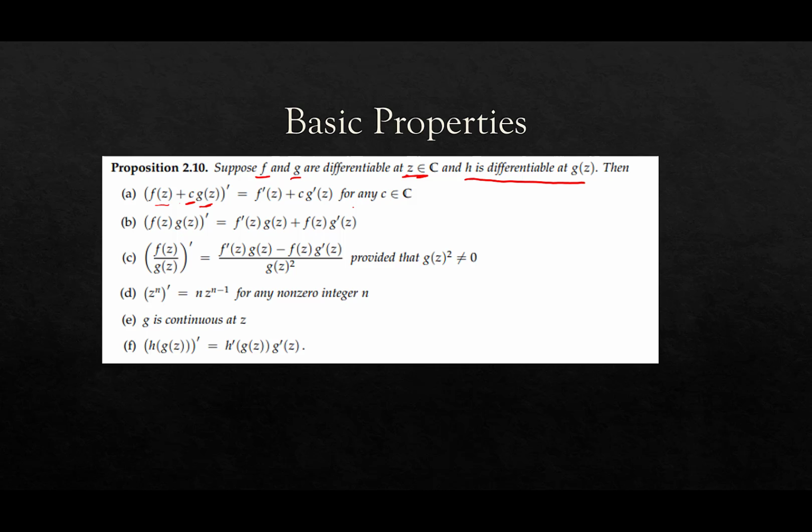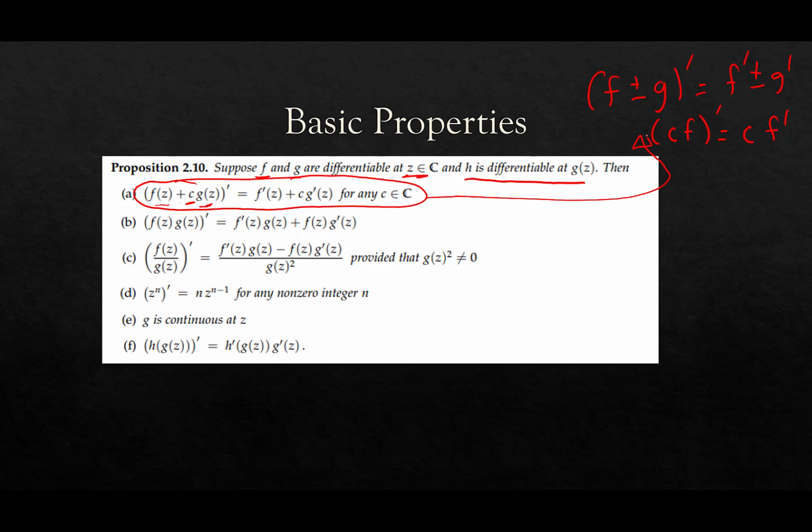Okay, now this is kind of a twofer. If you guys remember back in calculus, derivatives distribute over sums and differences, and you could always pull constants out, right? So that's what this statement here is saying. It's actually sort of a 2-in-1. Not only can you pull constants out, because that's what was happening in the second term here, you can also distribute derivatives over a sum, and it also works for differences. I know your book doesn't say plus or minus, but it actually works for that as well.